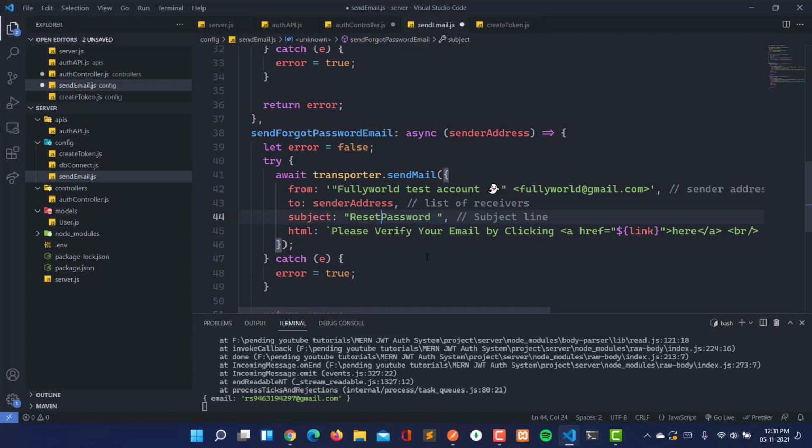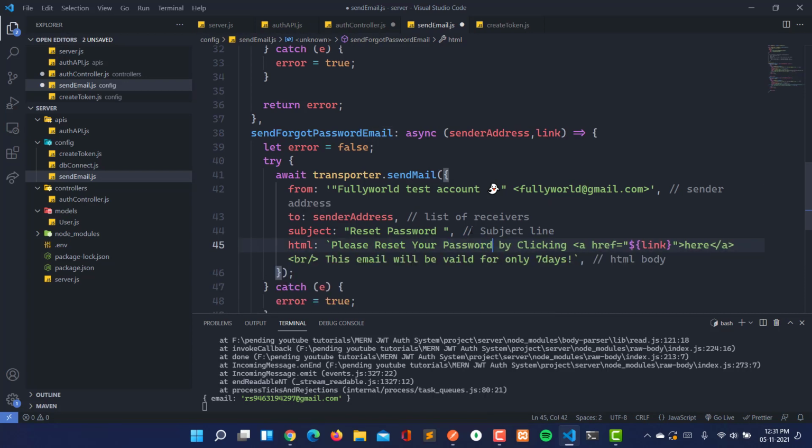We have to send the link also. So here I'm going to send: please reset your password by clicking on this link.